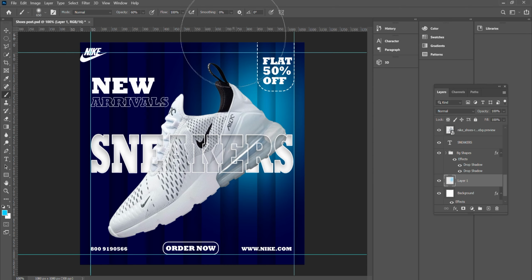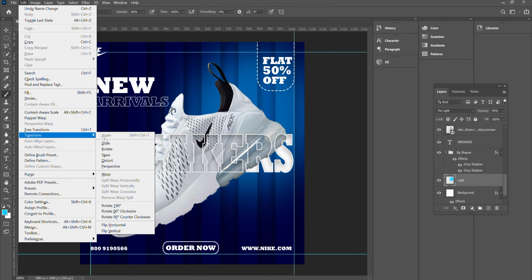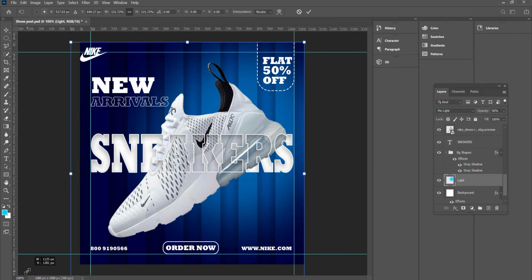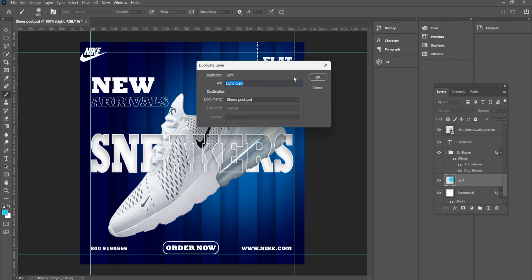I will make the lighting over here and just transform and scale it like this, so that it may cover a whole of your product, and tick mark that button after you have done this, and duplicate this layer like light copy,